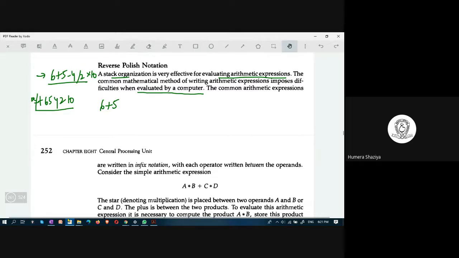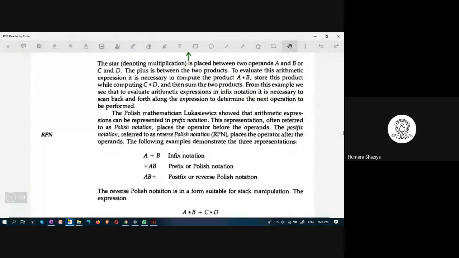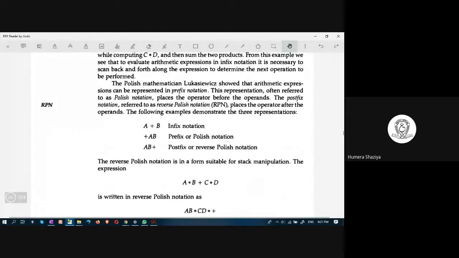So the common method is the infix notation. In infix notation, you find the operator in the middle of the operands, in between the operands. And the computer faces difficulties evaluating such expressions. There is a Polish mathematician, Lukasiewicz.